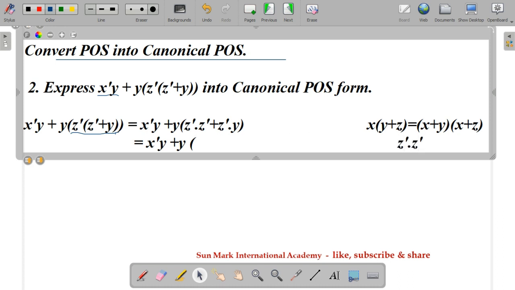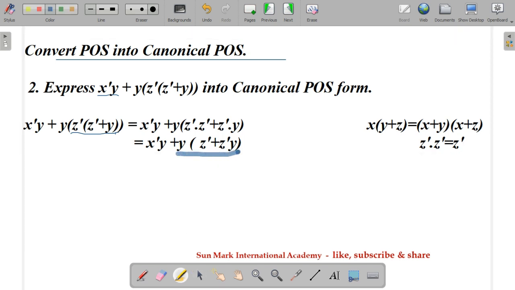The law a into a equal to a, the same concept. Here we got the values z dash plus z dash y. Again, here we can apply distributive laws. How can we apply it in this term? Again we are applying, so we will get